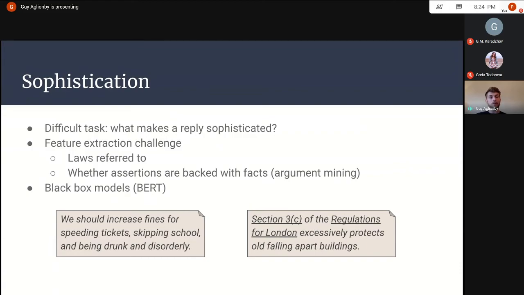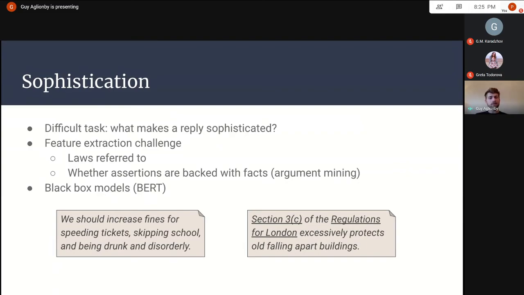If you remember at the beginning, we talked about how those 800 responses were coded for whether the response includes a law or not. It's very easy to extend that by scraping all of the UK law, which is all online, and coming up with some quite complicated regexes to pick up all kinds of variations for how they might be mentioned, without the year, or without some of the bracketed regulations, like London brackets environment or something.